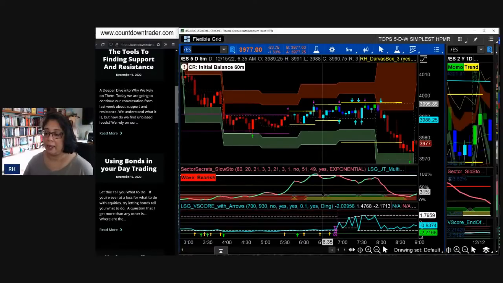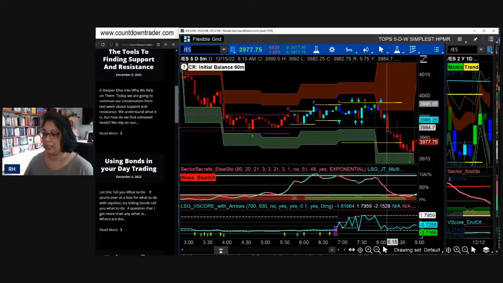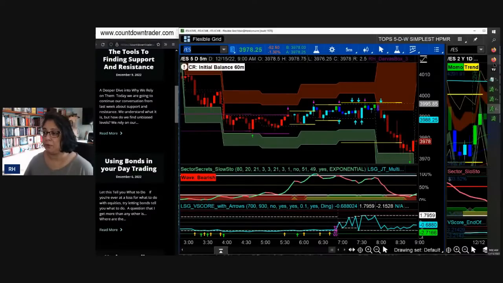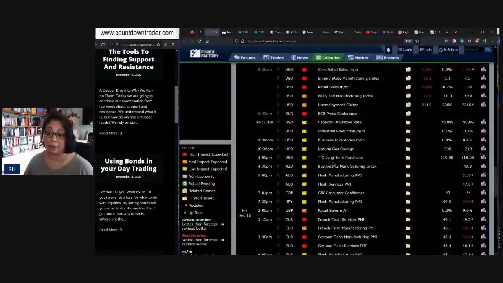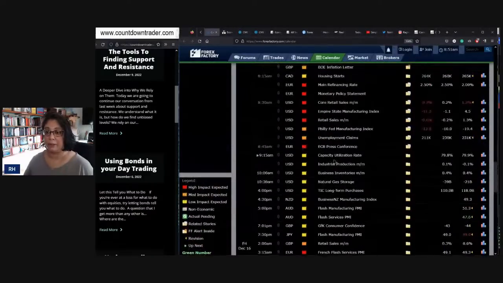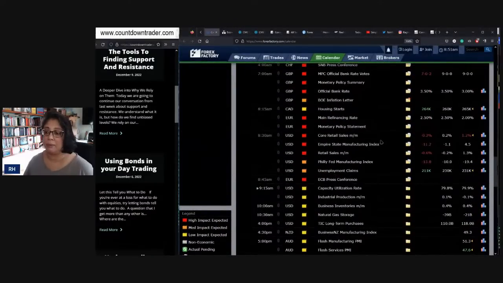We're taking a peek at the 5-minute chart and a little bit of weakness, as you can see, since about 8:15. If you see an 8:15 move, and I know a lot of you will say, okay, Rog, let's go take a look at what was on the calendar. It wasn't in the US, gang. It was the monetary policy statement and the refinancing rate for the European Central Bank. That was the 8:15 reaction in the US markets to what Christine Lagarde and the ECB were doing.